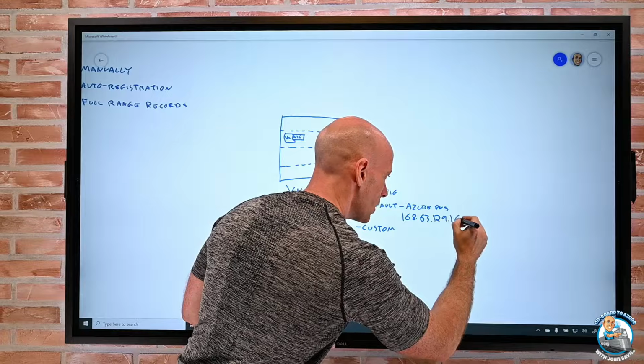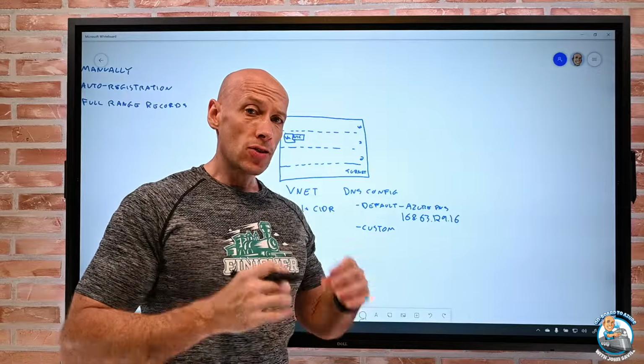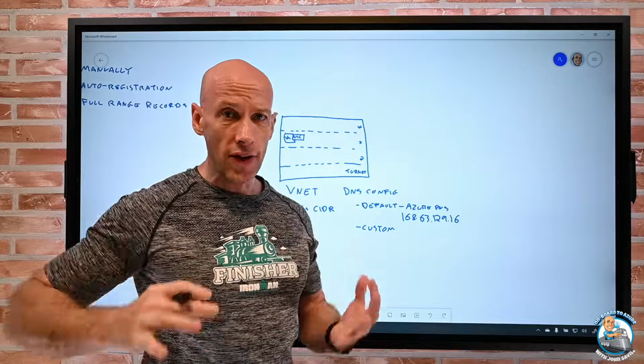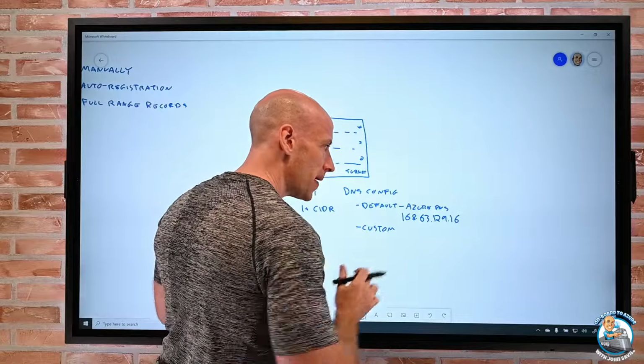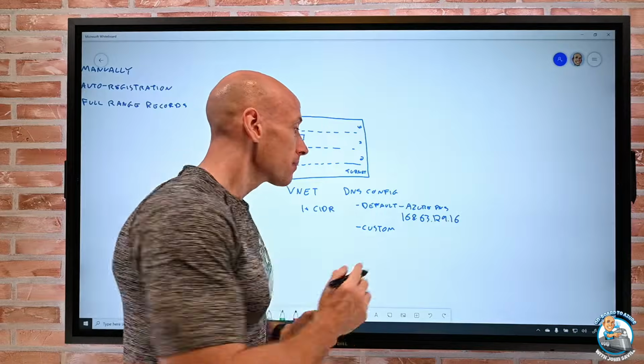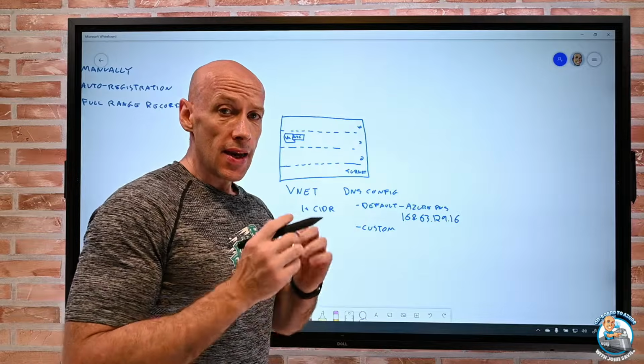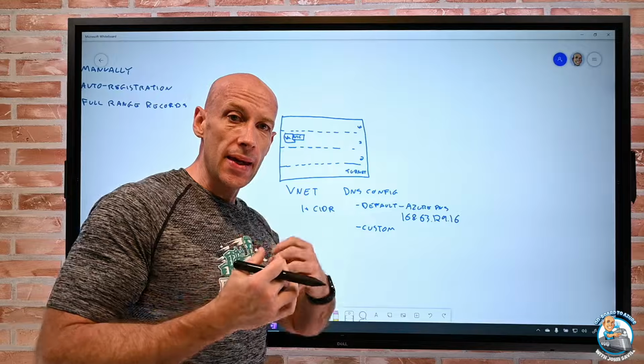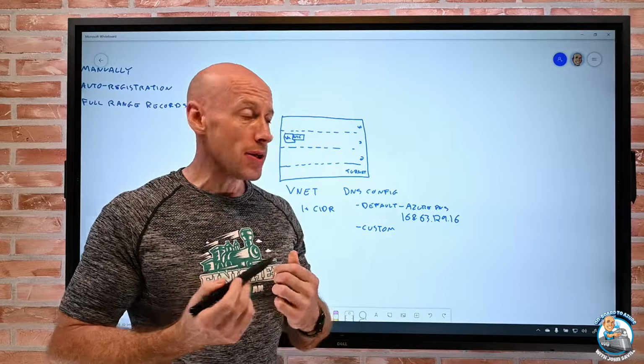168.63.129.16. That IP address is always the same, no matter which VNet. It always represents using Azure DNS services. It is not routable. If I had a virtual network peered to on-premises, from on-premises I would not be able